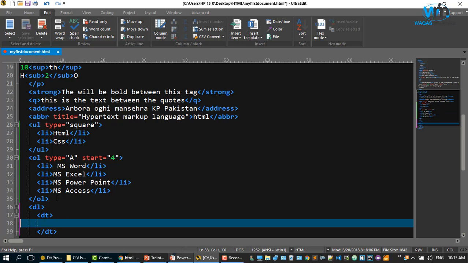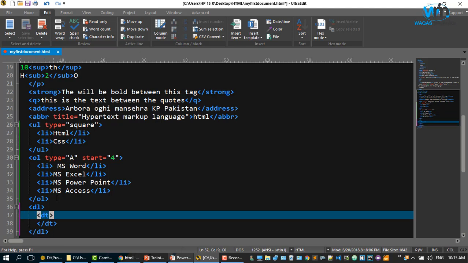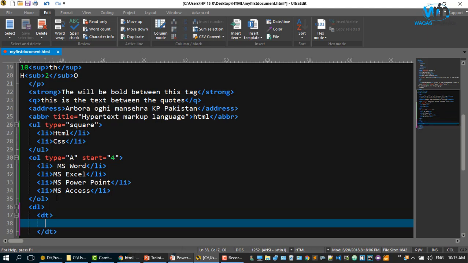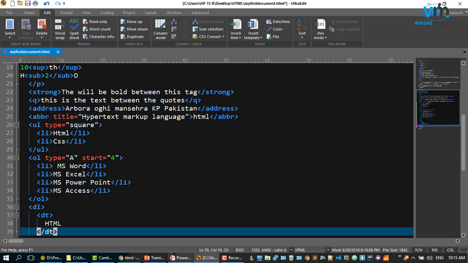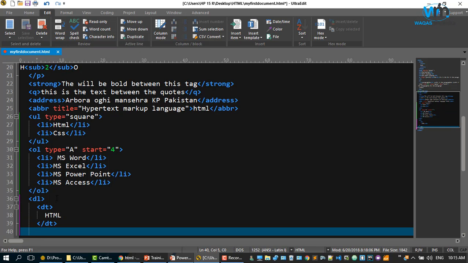And for the definition term I am going to type HTML, and in the definition term there is the definition of that heading. I have used dd to define this definition term, and here you will type the definition of that term. HTML stands for